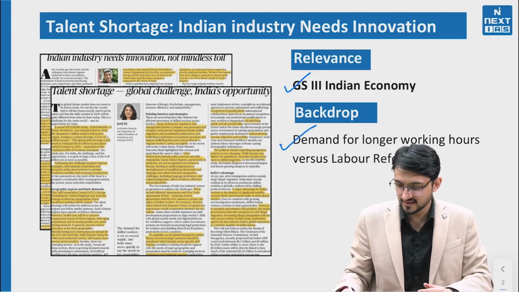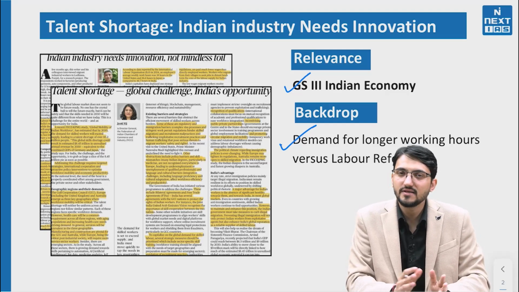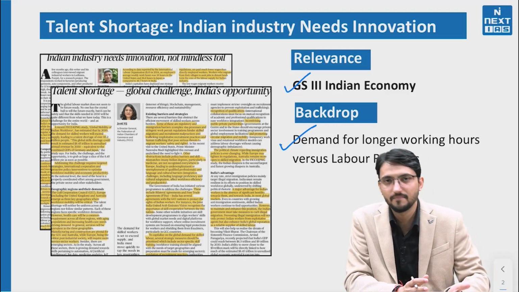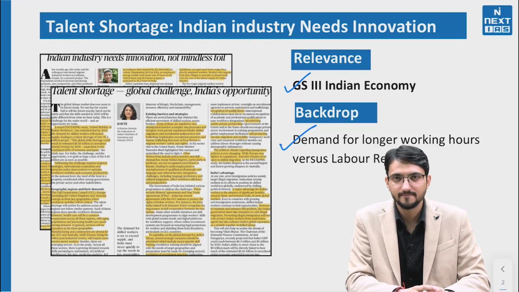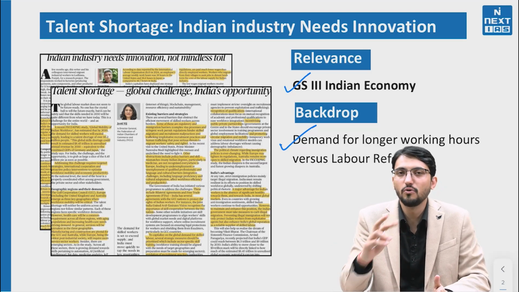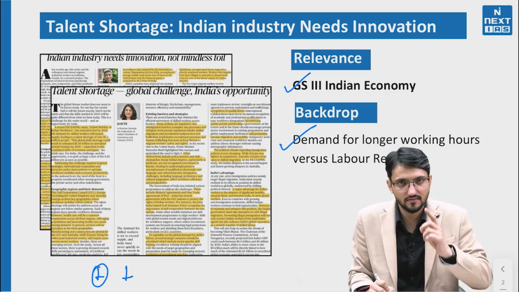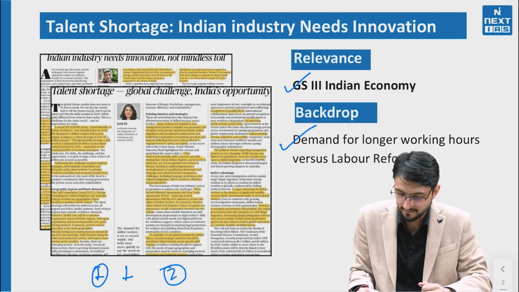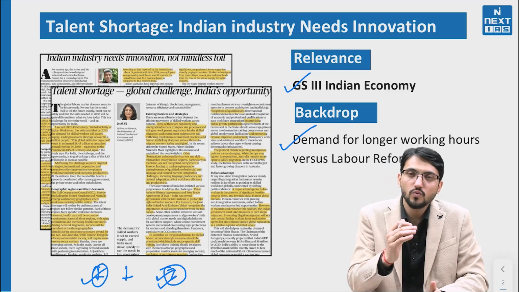So before I start discussing this article, I would give you a simple example. Imagine a printing house. That printing house has a printer that can print on one side of the page, and it takes, let's say, 4 hours to print a book. Let's say somebody opens up a new printing house and it prints on both sides of the page. So who do you think will be more productive,